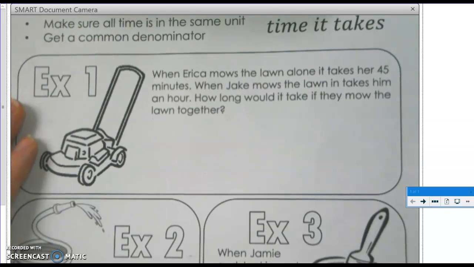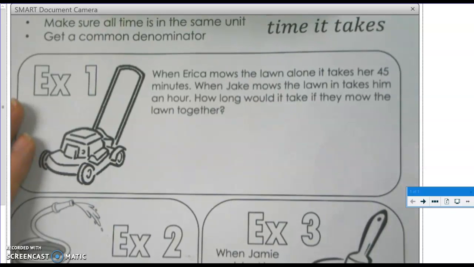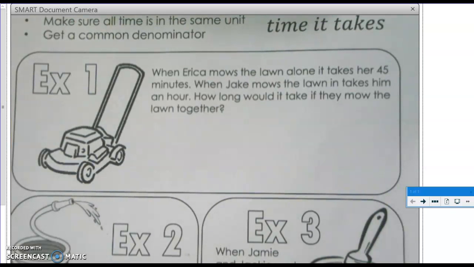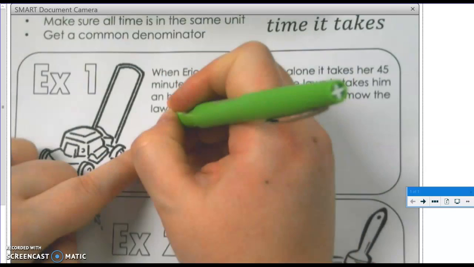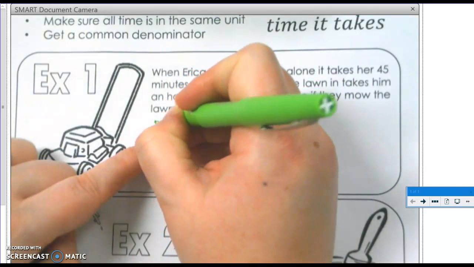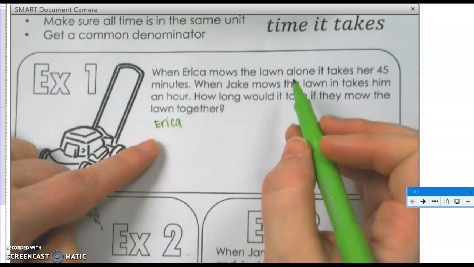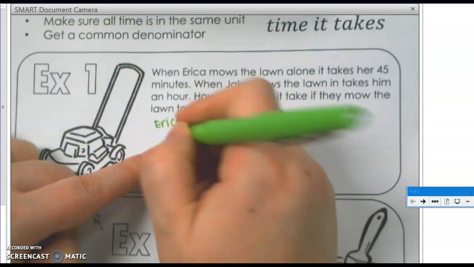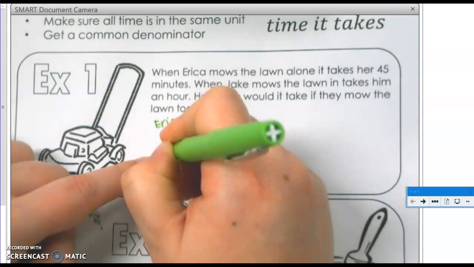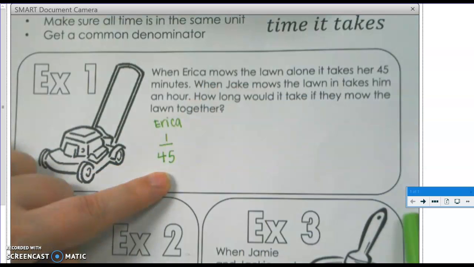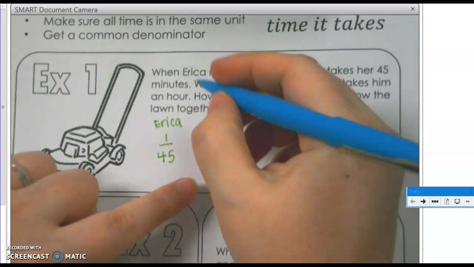All right, so in the first example, Erica mows the lawn alone. It takes her 45 minutes. When Jake mows the lawn, it takes him an hour. How long will it take if they mow the lawn together? So first of all, Erica needs her own rate. And it doesn't tell us that she's mowing multiple lawns, so we're just going to assume one lawn in 45 minutes. All right, now she's working with Jake, so Jake needs his own